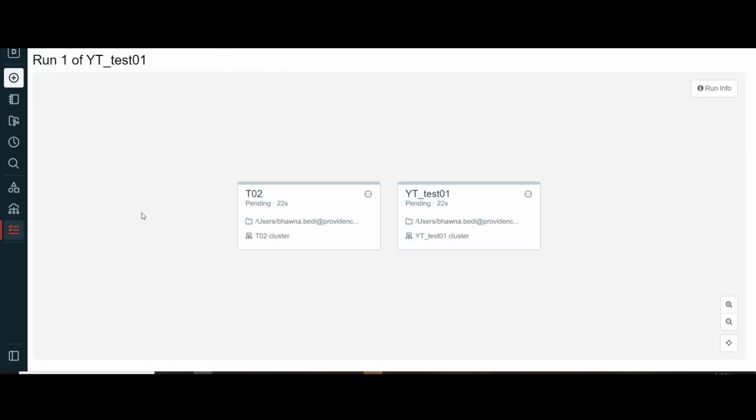When I clicked on view details, you can see that these are the two tasks that I created, and you can see that it is running. It is showing pending 29 seconds, 30 seconds, and similarly pending here. Once the task starts, it will show you the green line over here. So guys, now you can see the status has become green and it is running my job.